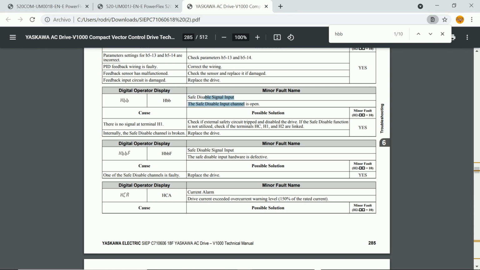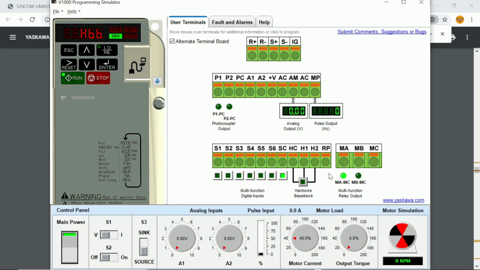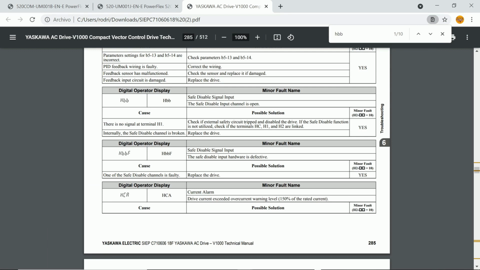So it's giving us the same option. Digital input for the safe disable input channel is open. Okay, because this is regularly closed. That's why we have our bypass. Okay,